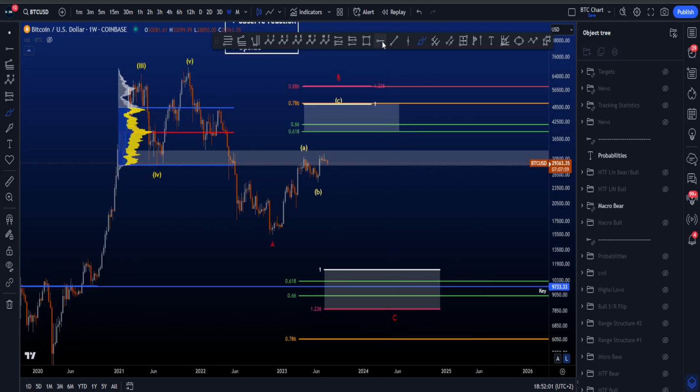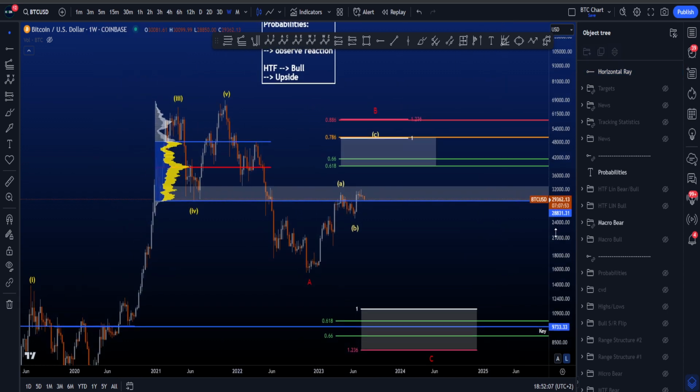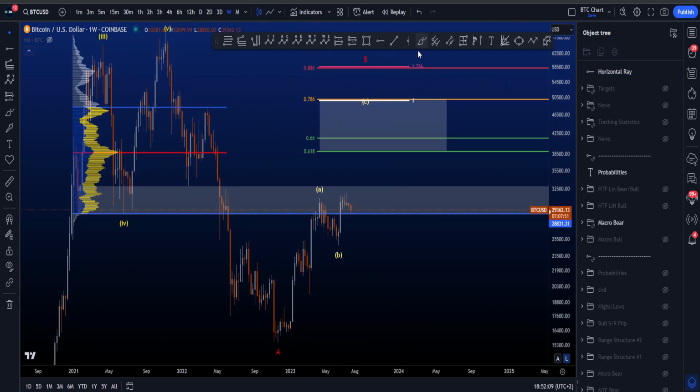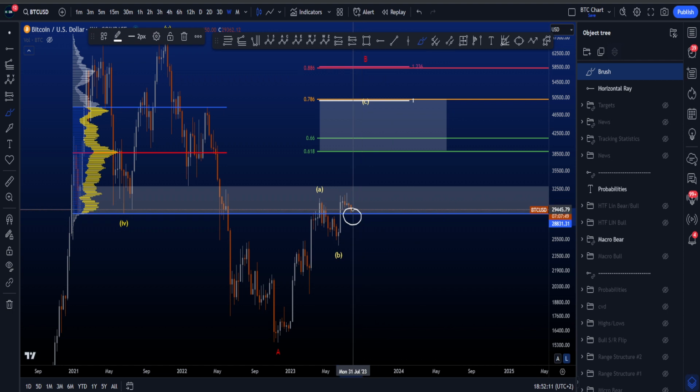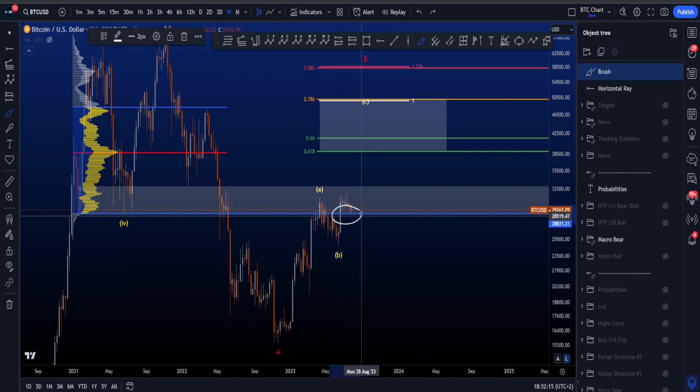Very important resistance for then eventually a move to the downside, especially if price can enter this volume area over here, because if we pull a horizontal line of this value area low, then you can see that on the macro, we are basically backtesting the value area low. And that is important because if price can find respect or find a backtest on top of the value area